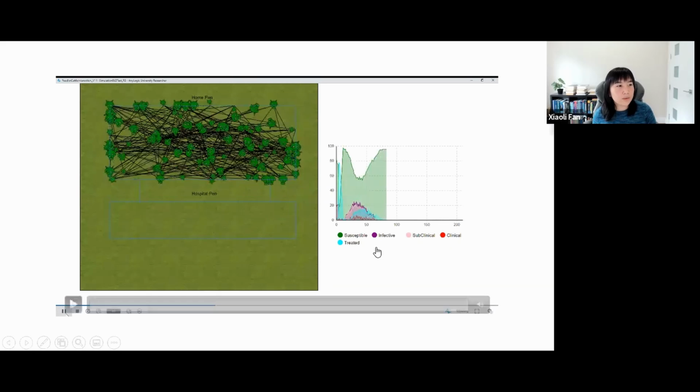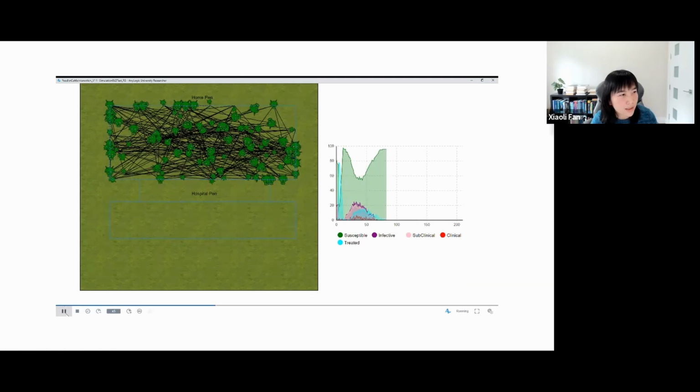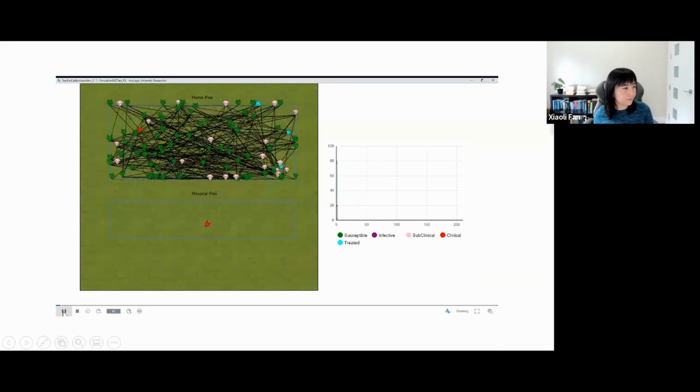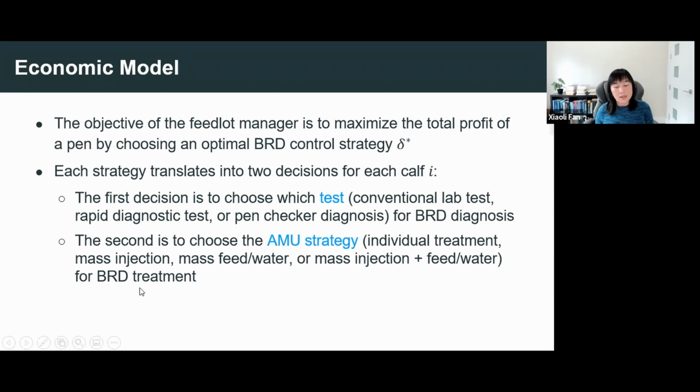And on the right, we can track different statuses of the cattle. We can track the number of them. We can also, it's not shown here, but we can also track, for example, weight or the cost and many different things here. So in our economic model,